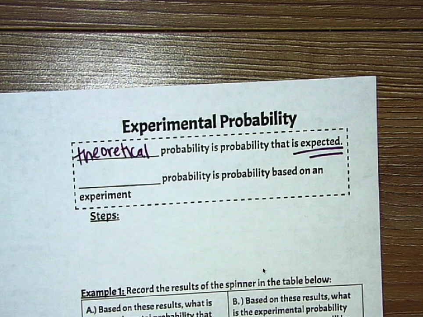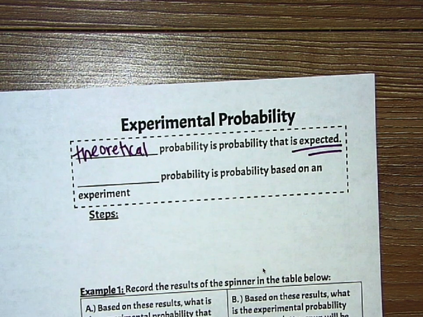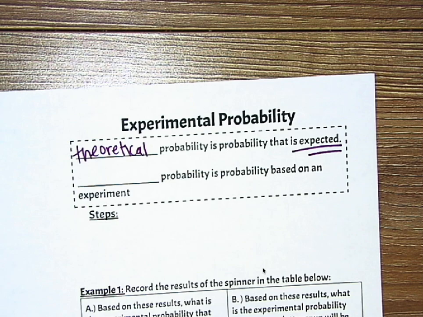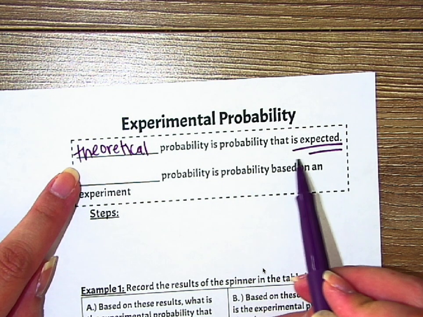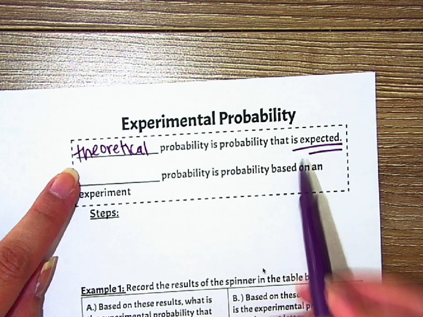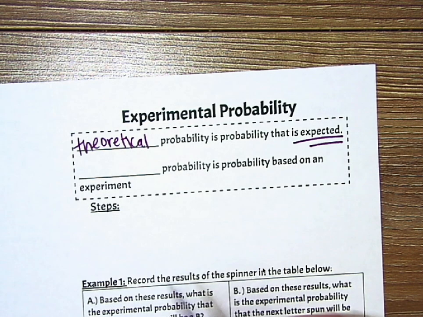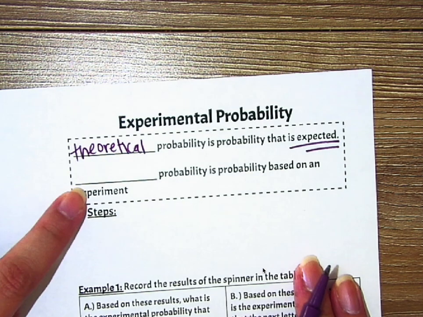We're going to be talking about experimental probability. We've already talked about theoretical. Theoretical is the probability that is expected. If you flip a coin, it could be heads or tails. But experimental,